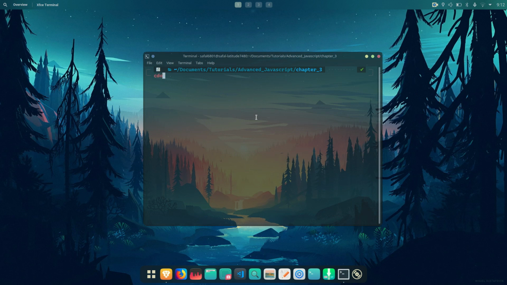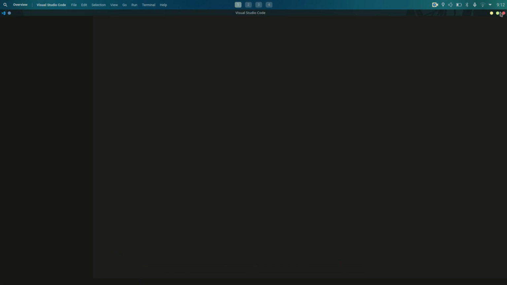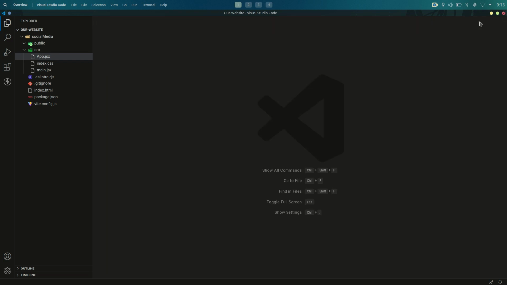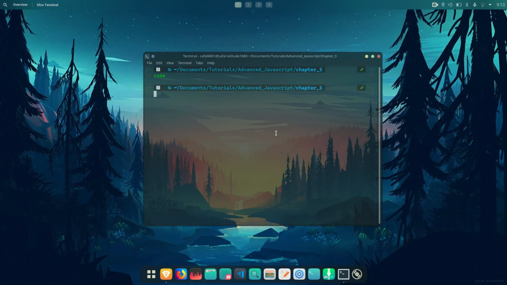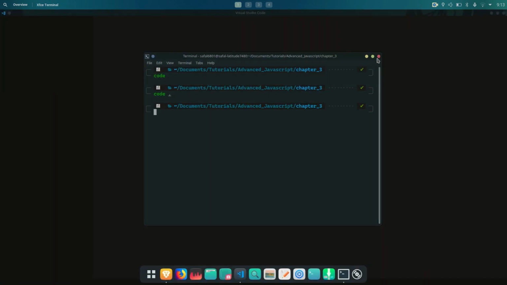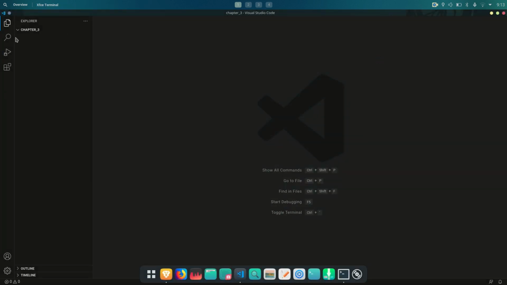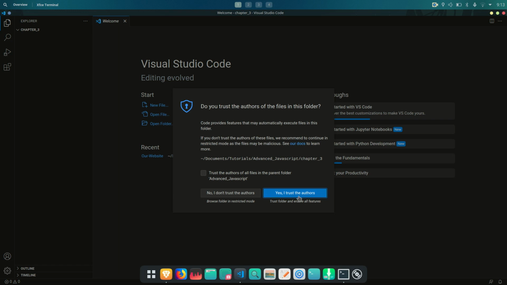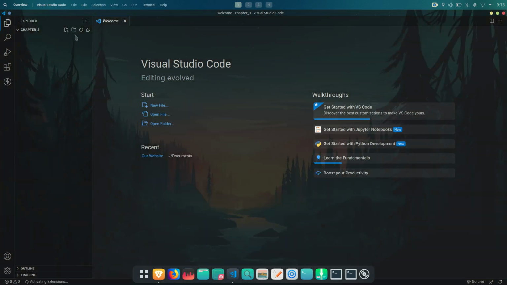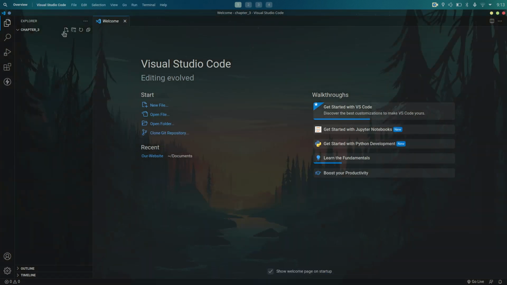So let's go, I can run code, which is just going to run code up here. So I don't want that. I can go with code dot. Now this is going to work because my code is running here. Yes, I do trust the authors, and yep, my Visual Studio Code is loaded. So let's proceed talking about